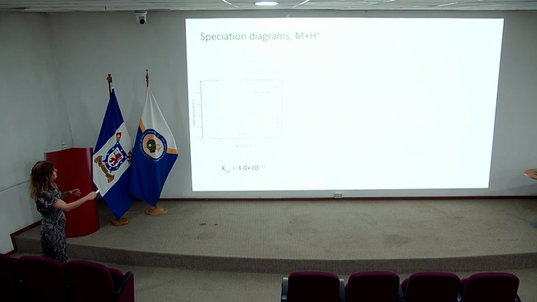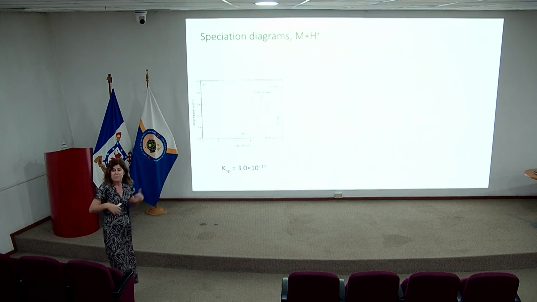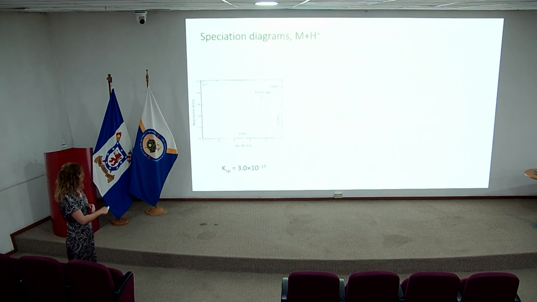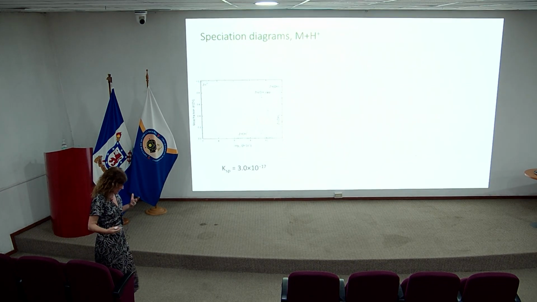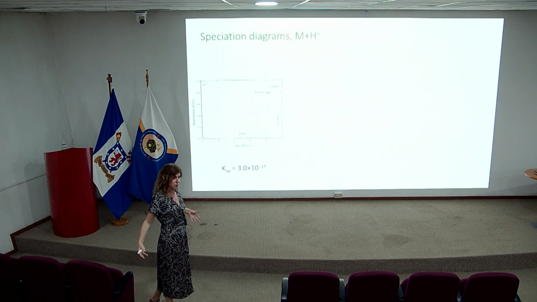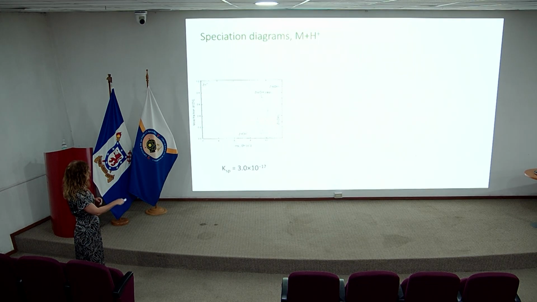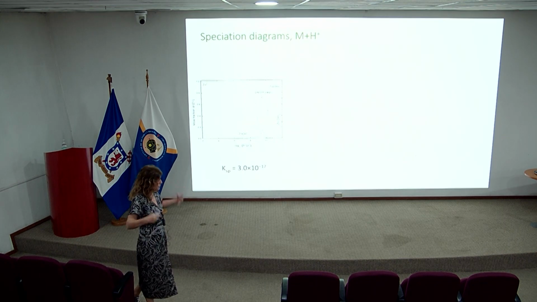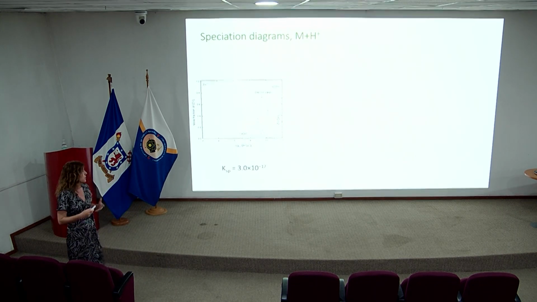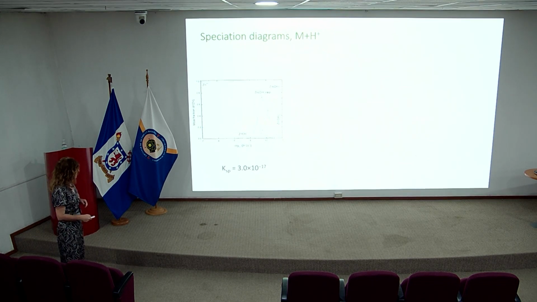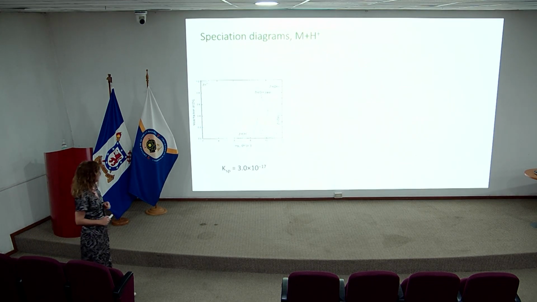So, if we only have a metal and water, or a proton, I show you here the speciation for zinc, and you can see that when we represent zinc 2+ or metal 2+, it means the metal with the hydrated water molecules. And we can see that zinc at physiological pH basically does not form hydroxides. We will have the aqua ion that can be reacted with any ligand, and it has a low solubility product.